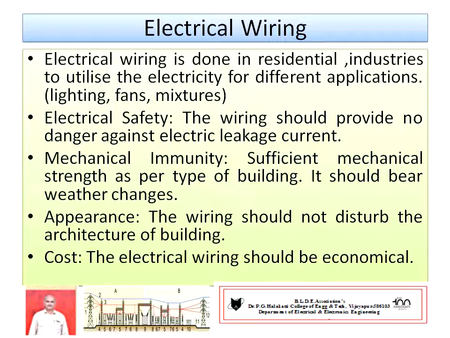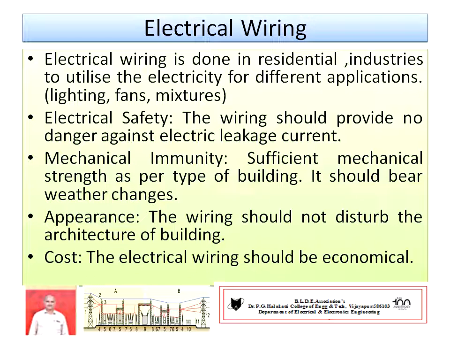Hence electrical wiring is done in residences, in industries or in agriculture to utilize the electricity for different applications. In a house, we utilize it for domestic applications, such as lighting, fans, mixers, TV and entertainment. The electrical wiring should provide the following factors. Number one, factor of safety. The wiring should not allow any leakage current. The first precaution is higher electrical safety.